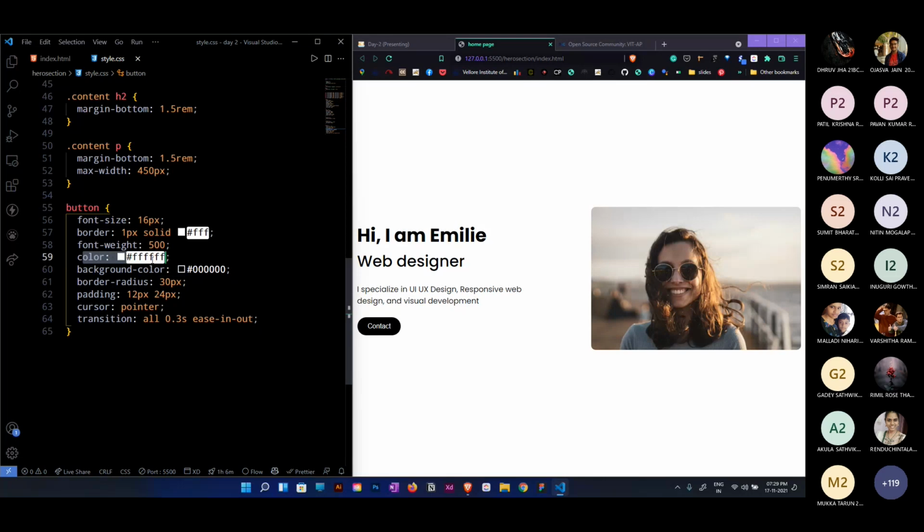And color white. We just made the background black and color white just to highlight the button, because that's the main action you want them to do, right? Just to make it stand out. And the border radius of 30 pixels just to make it pretty. And padding will be the one which is inside of the border, just to make it read clearly. And cursor pointer, when we hover over, we need to add it.